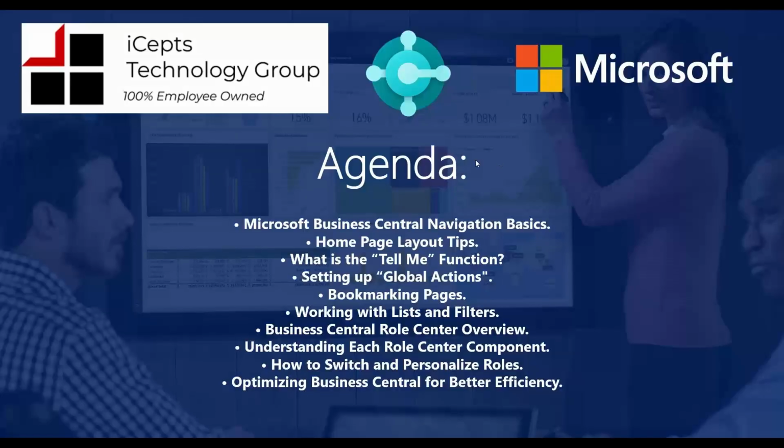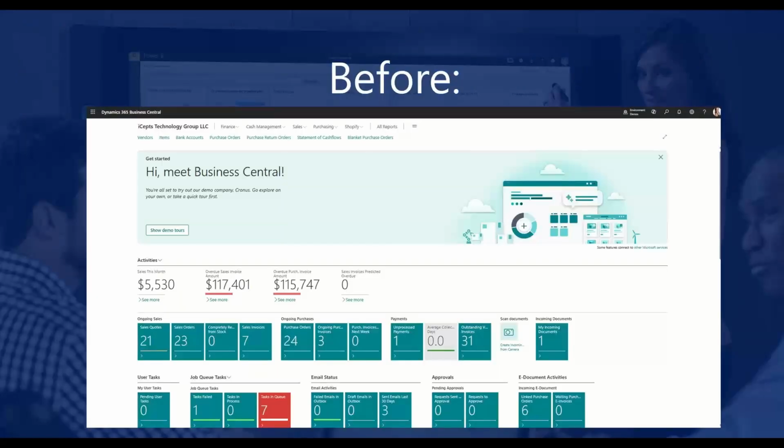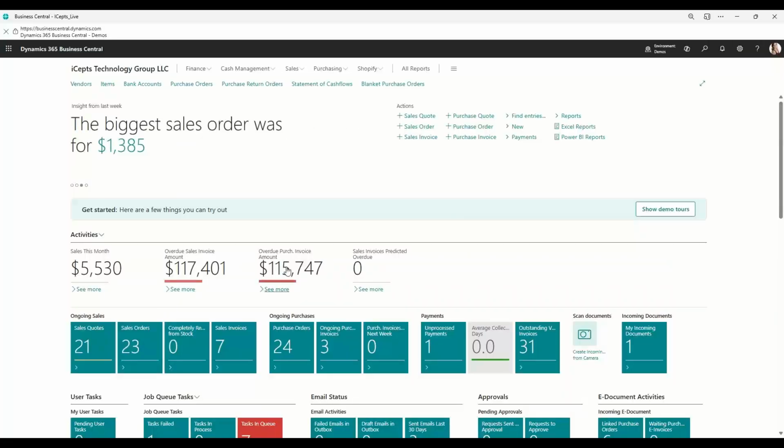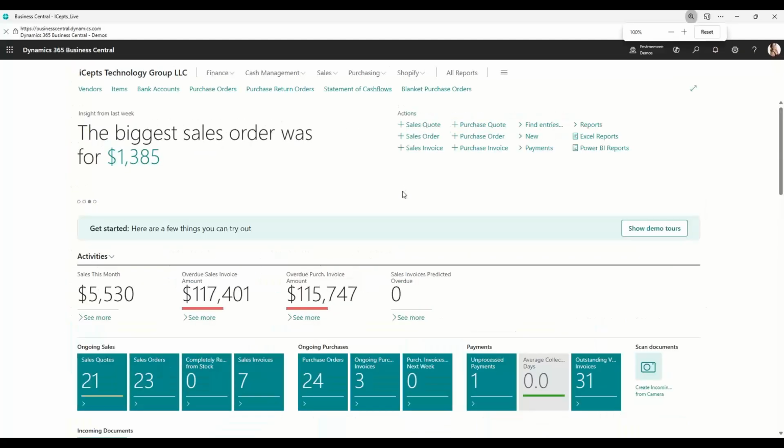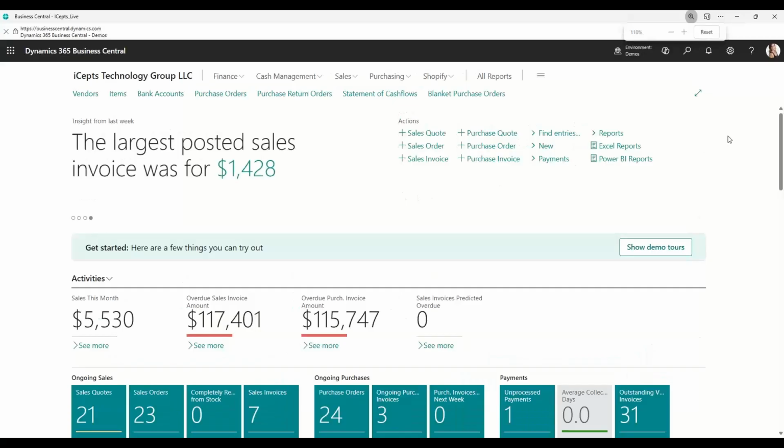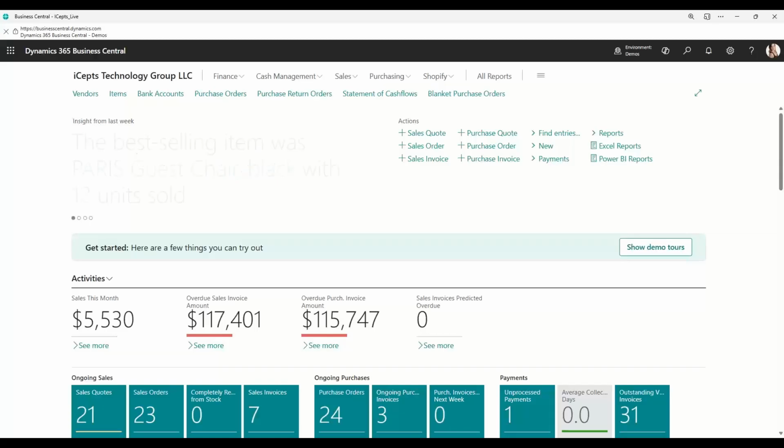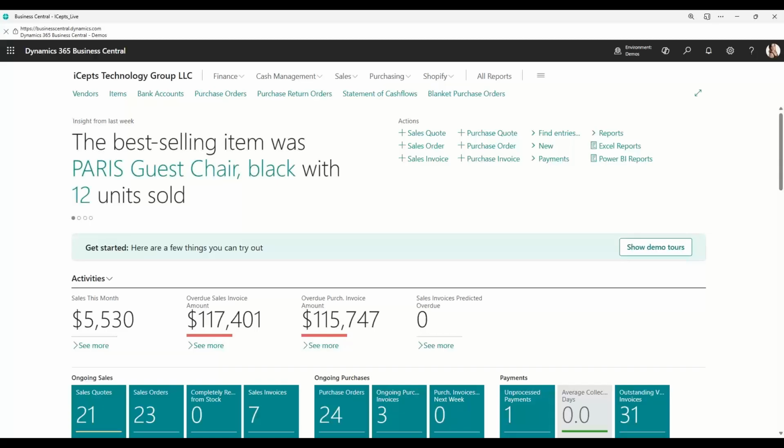So, going on, here's our visualization for where we get started out of the box. With this being said, let's dive into our live environment and show you around. So I'm going to zoom in so you can see a little better. So this is your role center. It's your home base. And on the top of the page, you can see your